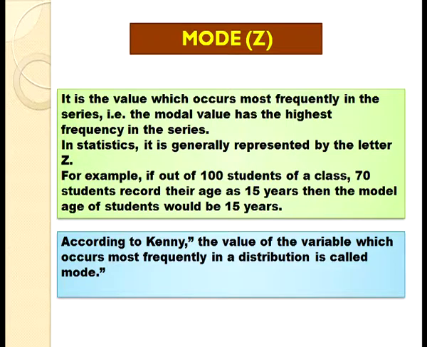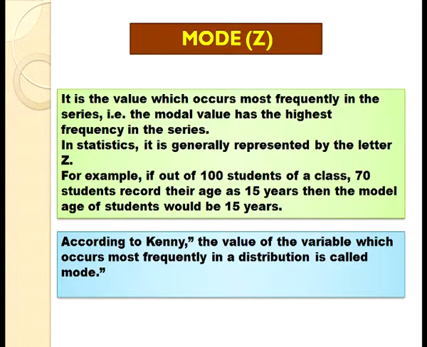So students, we have learned how to compute quartiles in case of frequency distribution. In case of exclusive series, we need not convert into any other series, but in case of inclusive, mid value and cumulative series, we need to convert them into exclusive series and then only we can compute quartiles. Now, what is the mode?